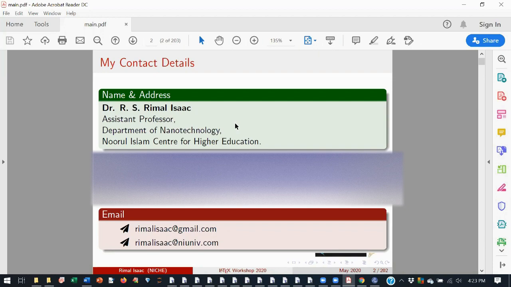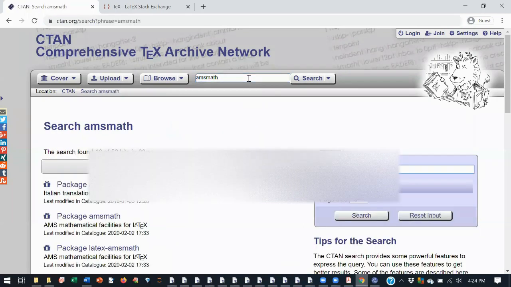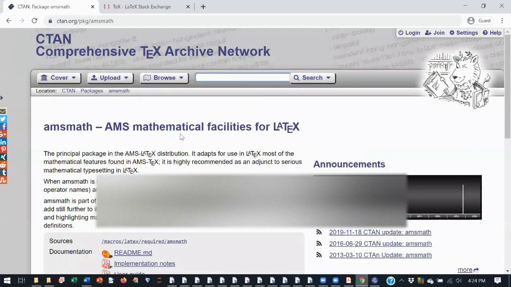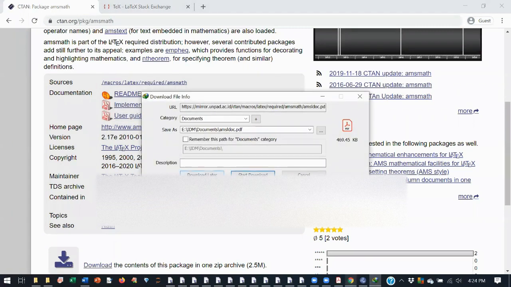Is there any reference list for all LaTeX tags? As I said, you have to go to this website and search for the documentation, and you have to read that. Only that will give us AMS math, which is a package used for typing your math symbols. You have to download the user guide and read it.